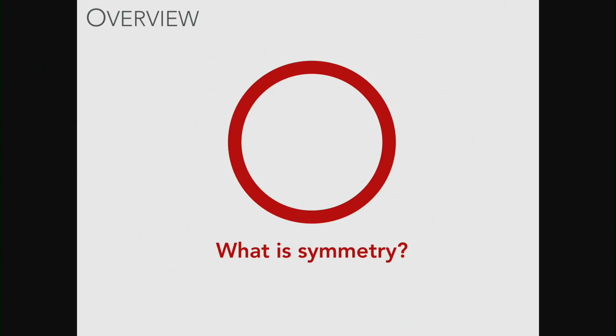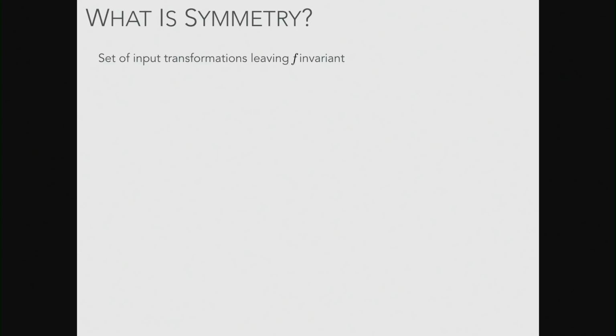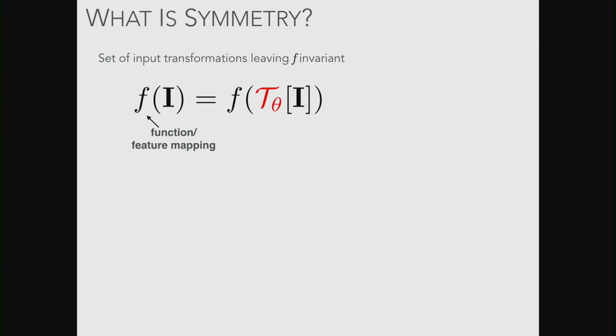So what is symmetry? Convolutions will tie into symmetry. I'll try and cover that in this part. So here's a mathematical definition. If I have some kind of function, this might be a feature extractor, a CNN, a convolutional layer, you name it, and it takes in an input image I, we say that f, this function here, is invariant to a set of transformations, which I'm going to label as this curly T sub theta, if it basically ignores them entirely. I've got a function, an image, input transformation.